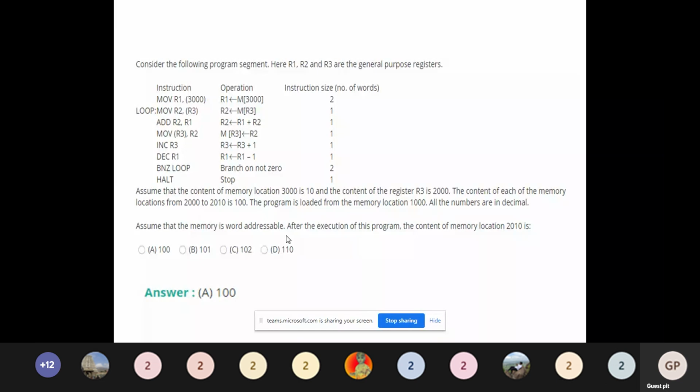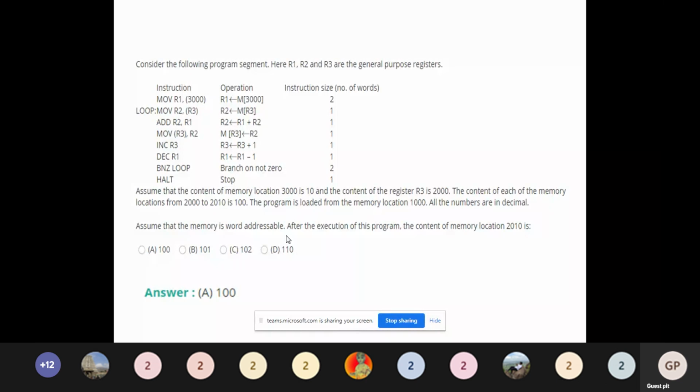Then increment R3, and decrement the R1 content. Then branch if it is not 0 to the loop specified. So if the decremented R1 value is not 0, go to the loop and repeat the process. Once R1 content becomes 0, come out of the loop and stop the program.